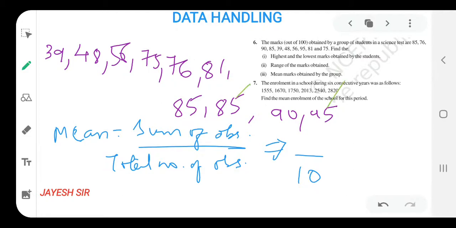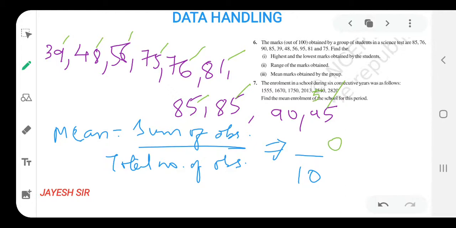5 plus 5, 10, 10 plus 5, 15, 15 plus 1, 16, 16 plus 6, 22, 22 plus 5, 27, 27 plus 6, 33, 33 plus 8, 41, 41 plus 9, 50. So the unit place would be 50, 0 goes in the answer, and 5 goes for carry. Now 9 plus 5, 14, 14 plus 9, 23, 23 plus 8,